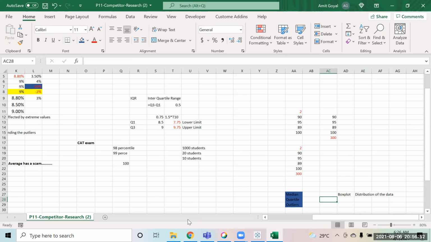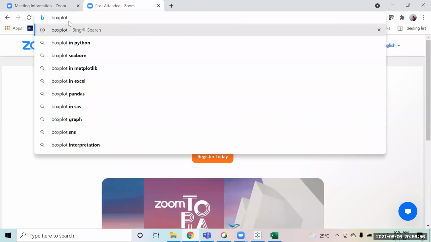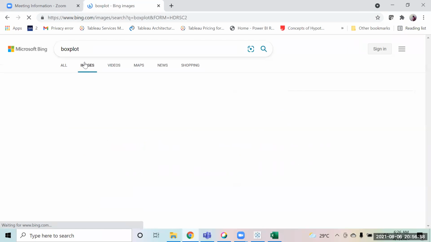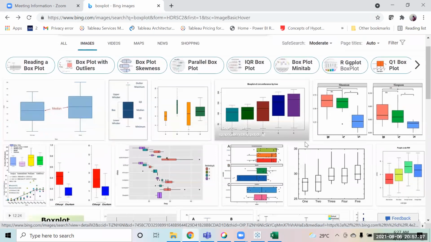And let's first of all see how this chart looks like. That is very important to understand. Now this is exactly how a box plot looks like. Let's use a better chart.